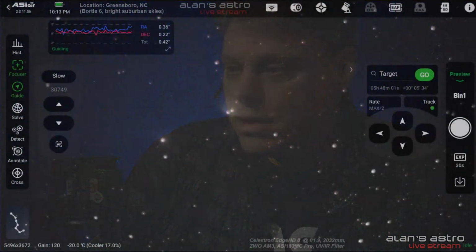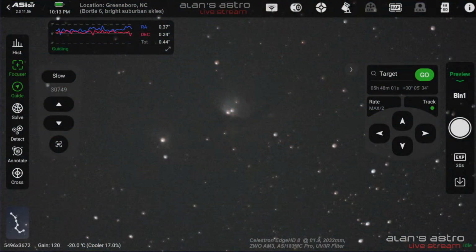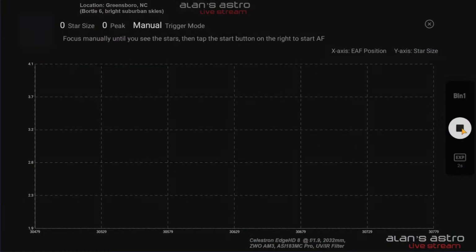Let's go to the ASI Air here and see if... okay, we are on M78, and let me double check the focus again here. Looks like I need to run another focus routine. So let's go ahead and do that real quick. While that is working,